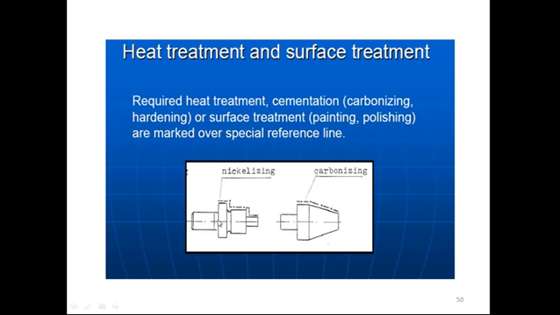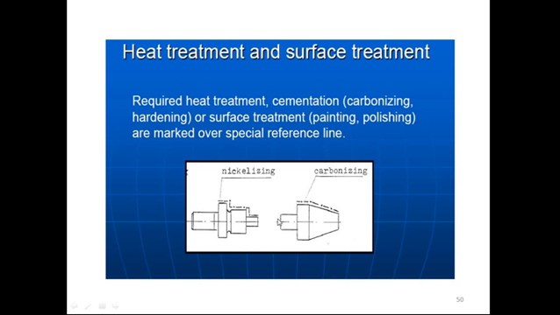This is our component, and on this component, wherever this line is shown, we require some kind of special process. So how are we going to show what special process we require on a drawing? We make one leader line like this, and above this leader line we write down what type of special operation we require. Here we require nickelizing. Nickelizing is the one operation we want to perform on this job. So we make one leader line here, and above it we write down nickelizing.